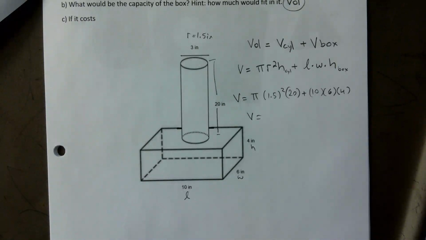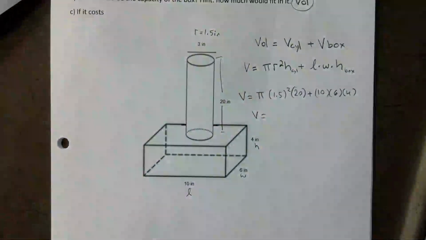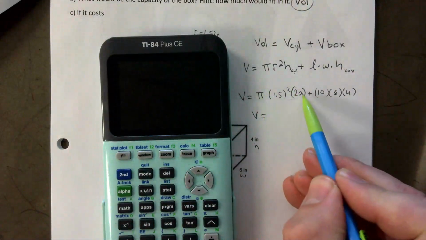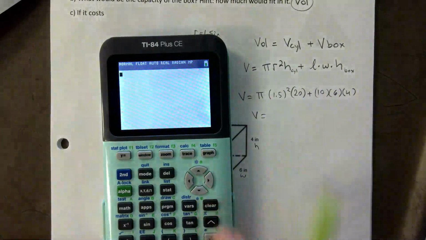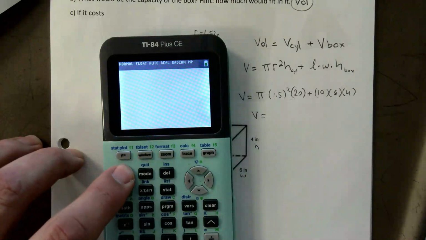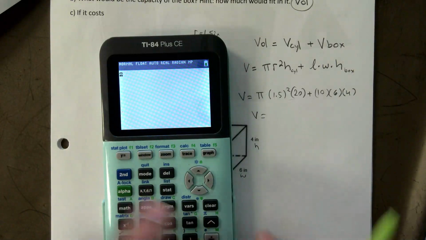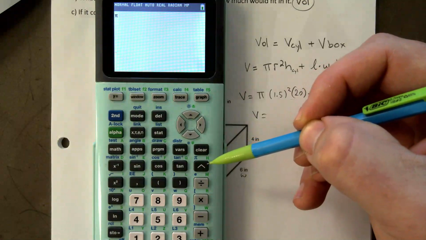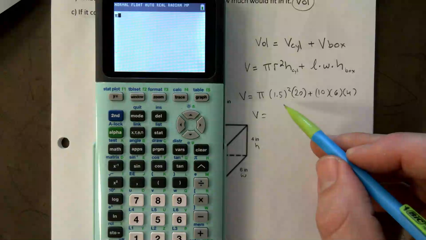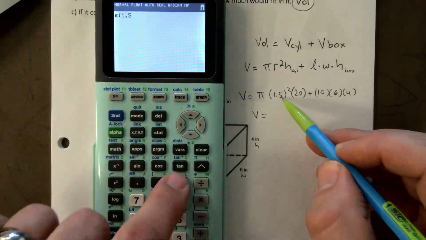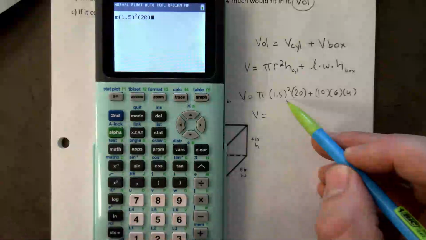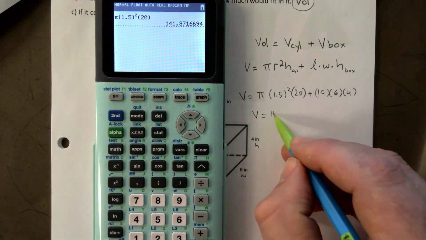So grab your calculators and let's do this. I would do this part and that part separately. There's a pi button. You got to press second and then the hat button. So second and hat gives you pi. You can't just use 3.14 because you're going to lose marks for rounding. And then I just use brackets. Brackets are your friend, right? So I go bracket 1.5 squared times 20 like that. And I just write down